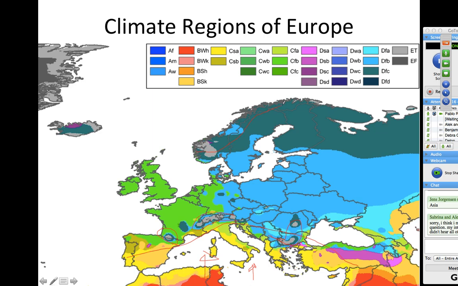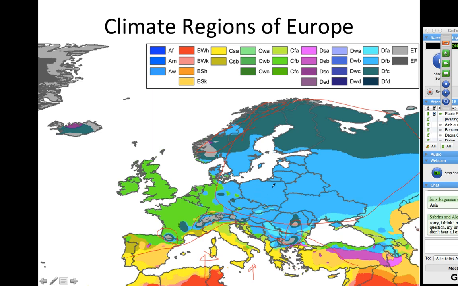You have to look at where the mountains are, and the higher the mountains, the colder it is. And then we have a large area of Europe with a continental weather pattern, all the part of Central and Southern Europe and Russia, a continental humid type of weather pattern where